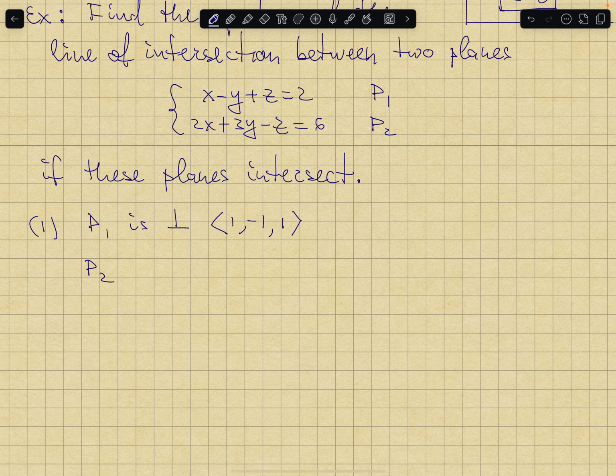P2, likewise, is perpendicular to a vector which consists of factors in front of x, y, and z in P2. So it's 2, 3, minus 1. So then one vector in this case is not a scalar multiple of another,